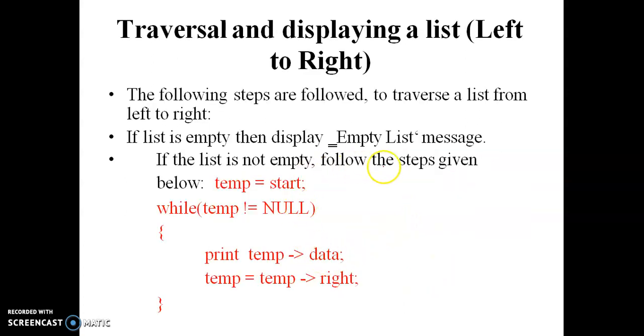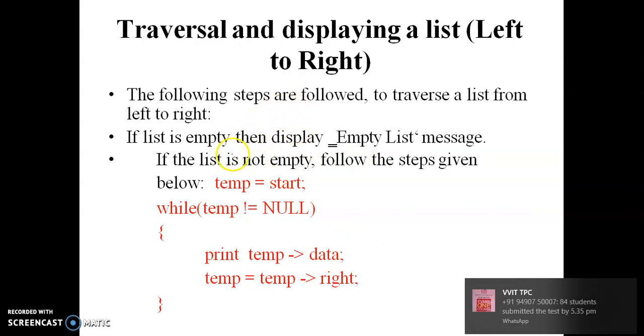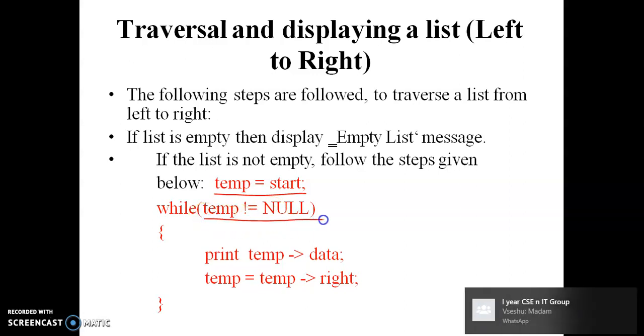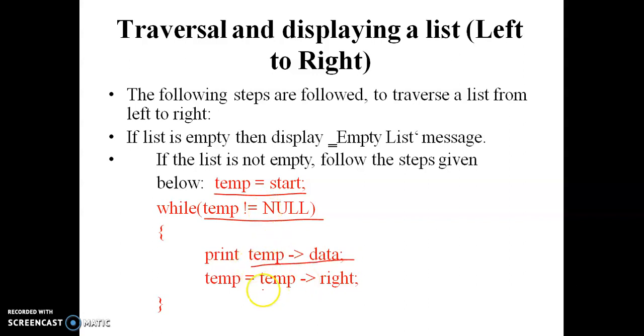And traversing of the node, in the same way similar to the previous linked list traverse, here we also will take a temp equal to start until the temp is not equal to null. We'll take one by one data of the node, print the node data, and move to the right of the node. Here in the double linked list, we can print the data either left to right or right to left. I want to give an assignment for you. You just go for printing right to left with the same code. Just rewrite it and try to traverse the linked list from right to left. You just do it and send it to me.